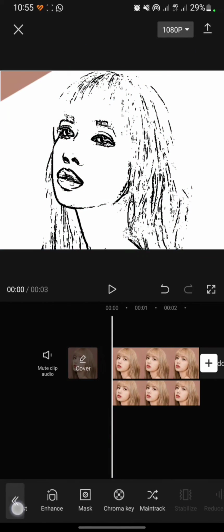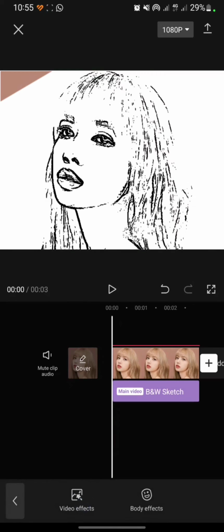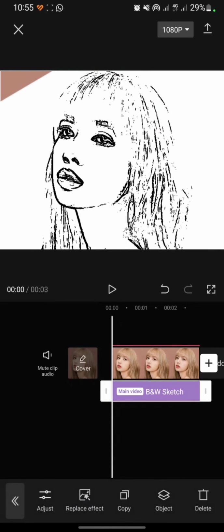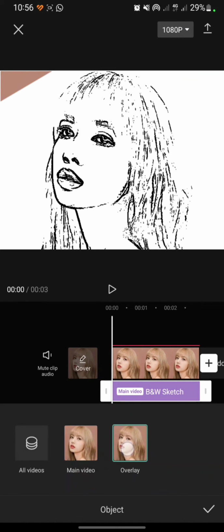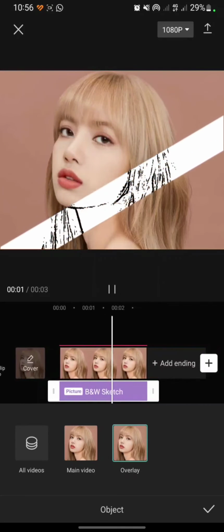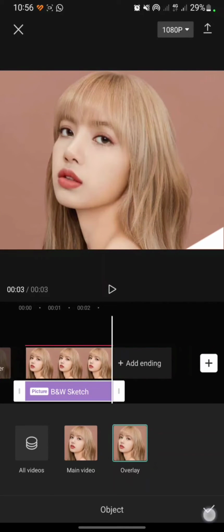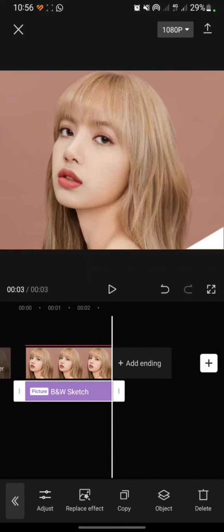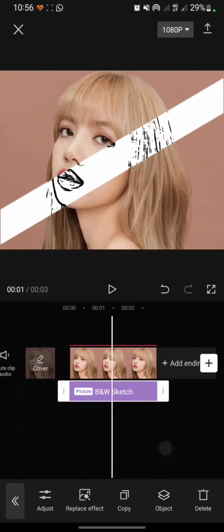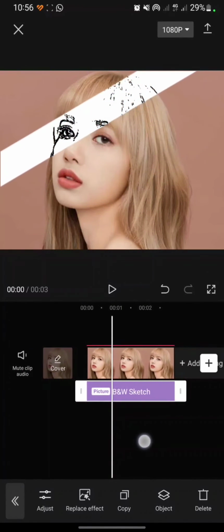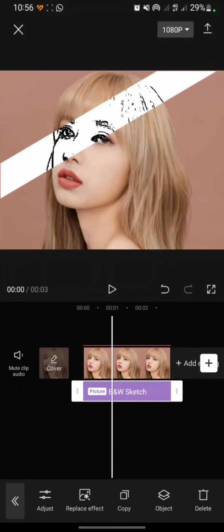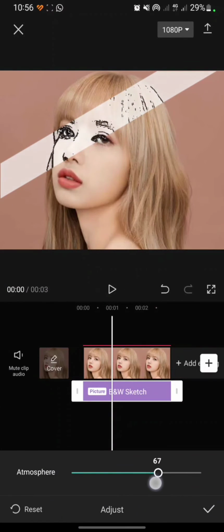And then you can click back, go to effects, click on the effects, and then click object, and after that click overlay, save. If you're not satisfied with the sketch effect, you can click on adjust and set the atmosphere here,